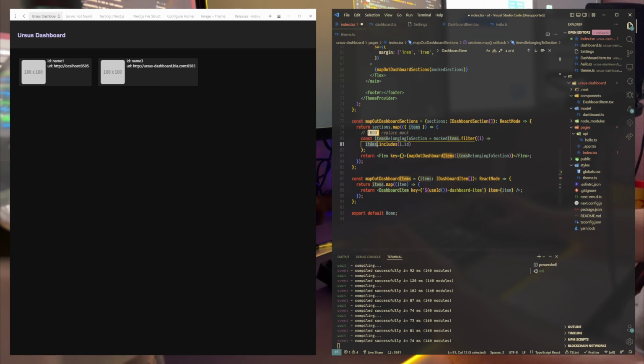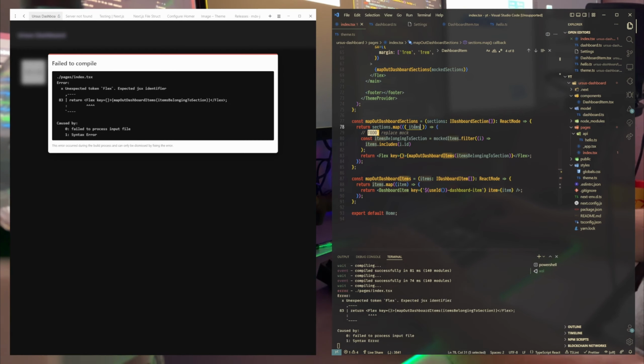So if the items, which is a property of a section and is a string array, include the ID of one of the mocked items, then it gets added to this